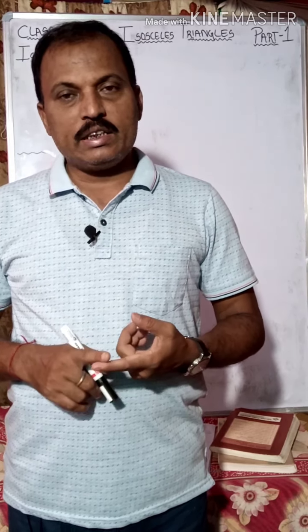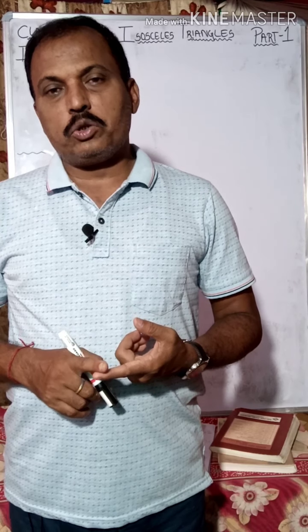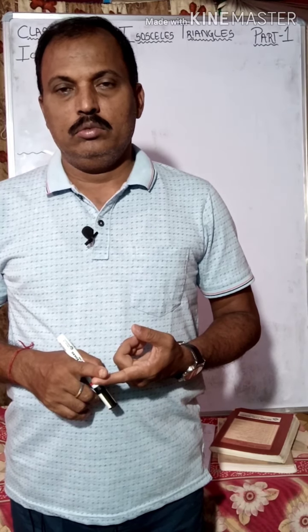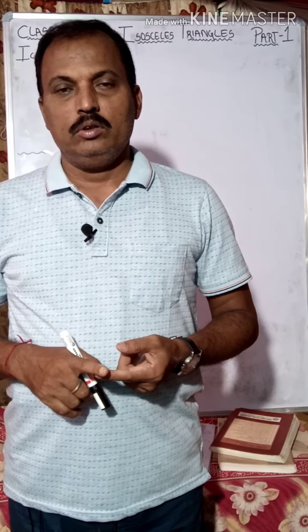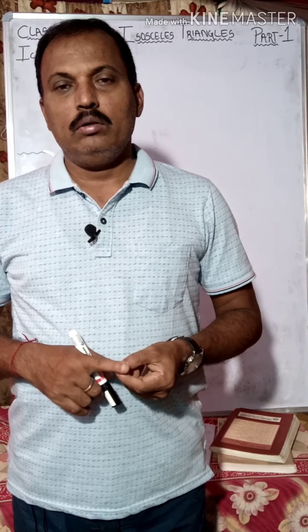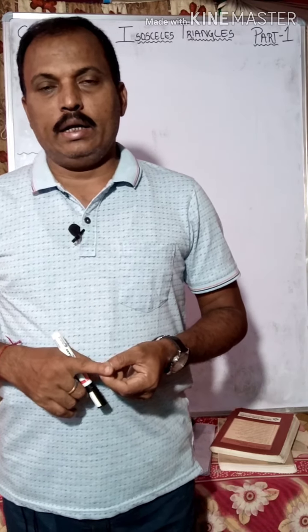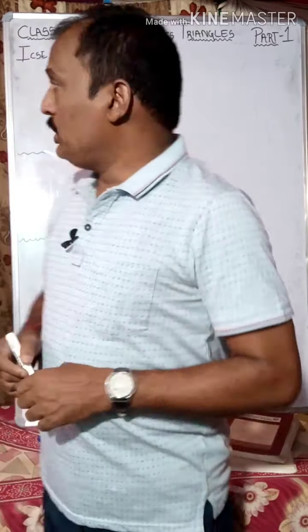What is an isosceles triangle? At least two sides equal is an isosceles triangle. No sides equal, scalene triangle. All sides equal, equilateral triangle. Today we will discuss the isosceles triangle,